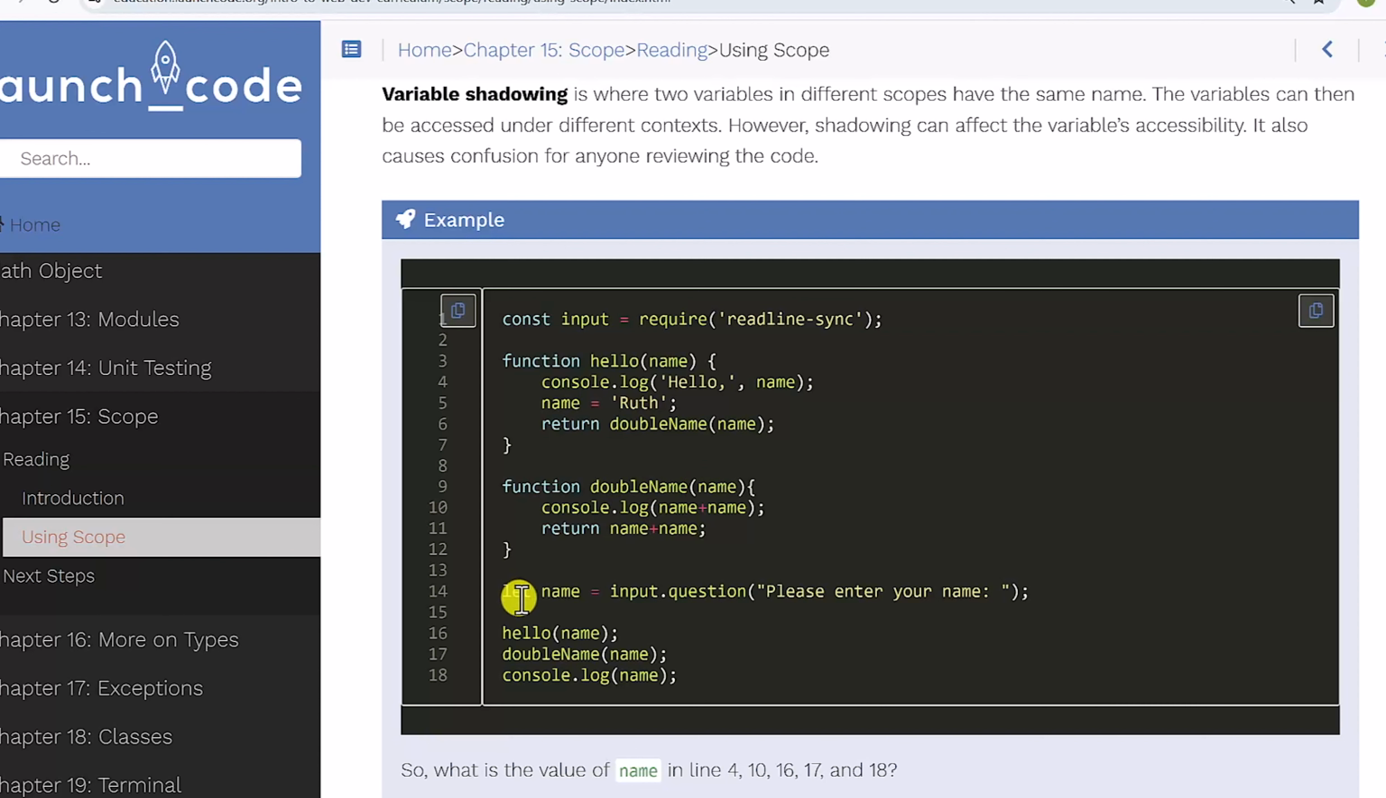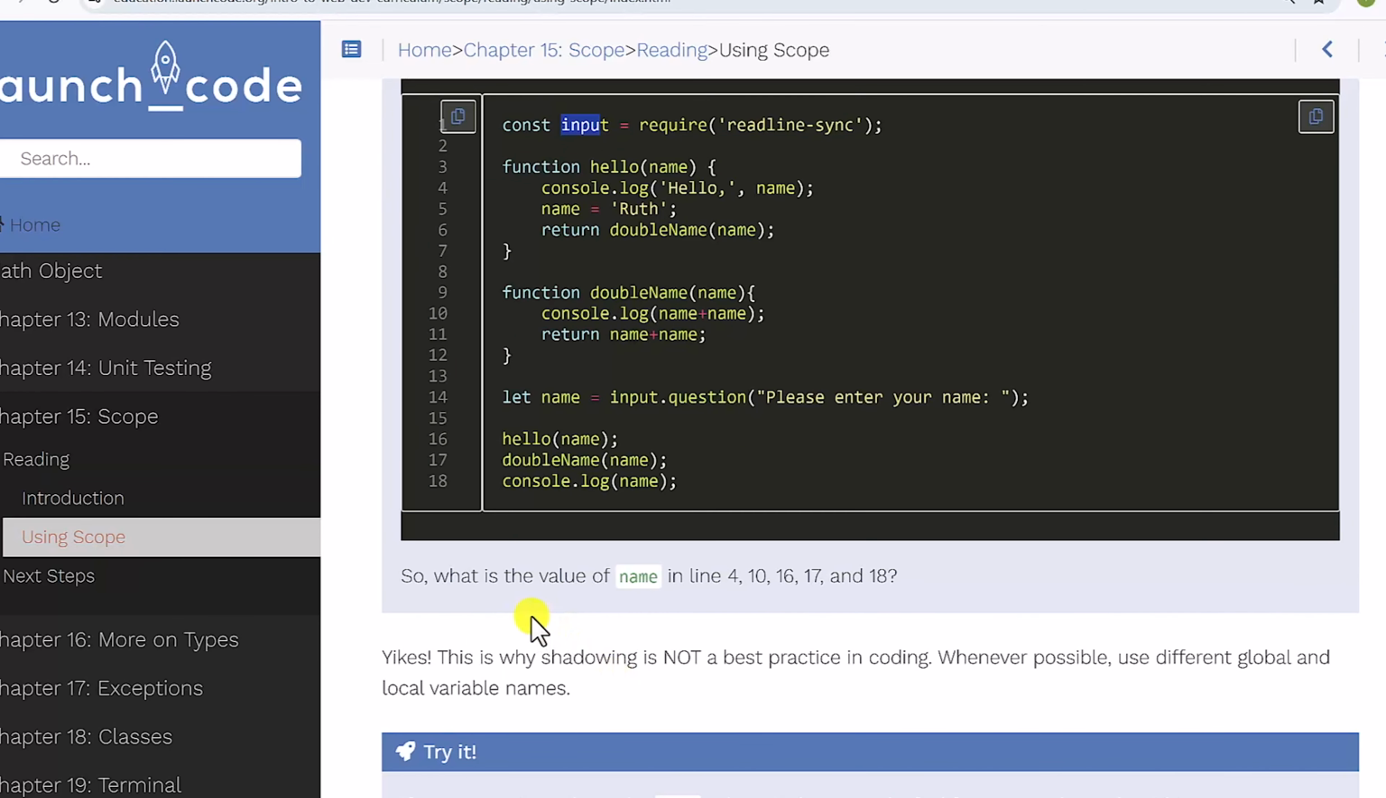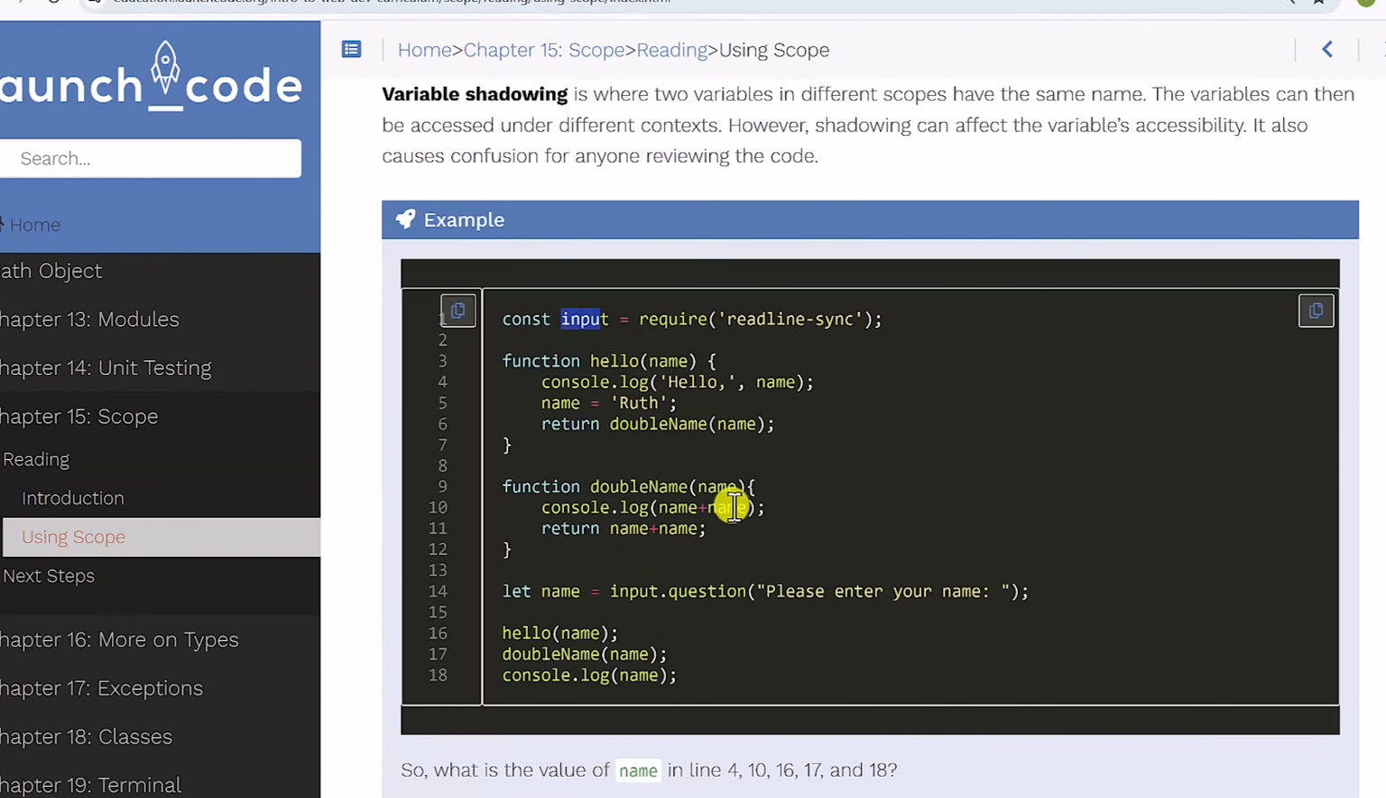Now here on line 14, we create a variable called name, and we are inputting the question, asking please enter your name. Now when we invoke hello and pass name, and doubleName pass name, and console.log pass name, what's going to happen? So what is the value of name in lines 4, 10, 16, 17, and 18? If you go ahead and play around with this to figure out what actually happens, so you can visualize it,